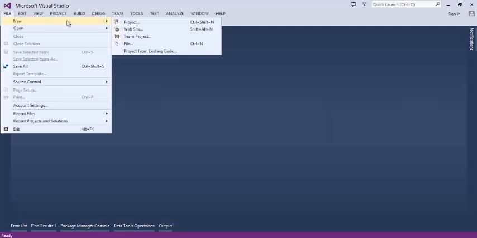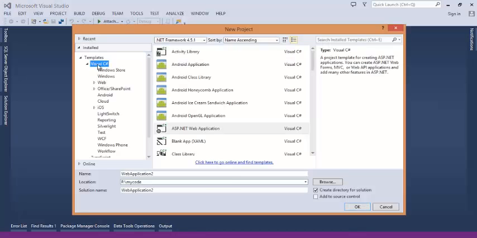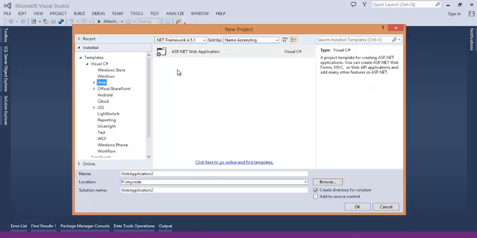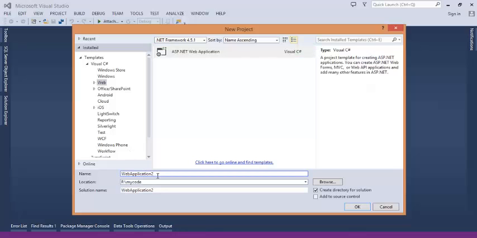Go to File, New Project, and we have to choose web application, ASP.NET web application. The framework version which I am using is 4.5.1. At present, this is the latest. I don't know what is the latest when you are watching this video. Let's name this project trial 1